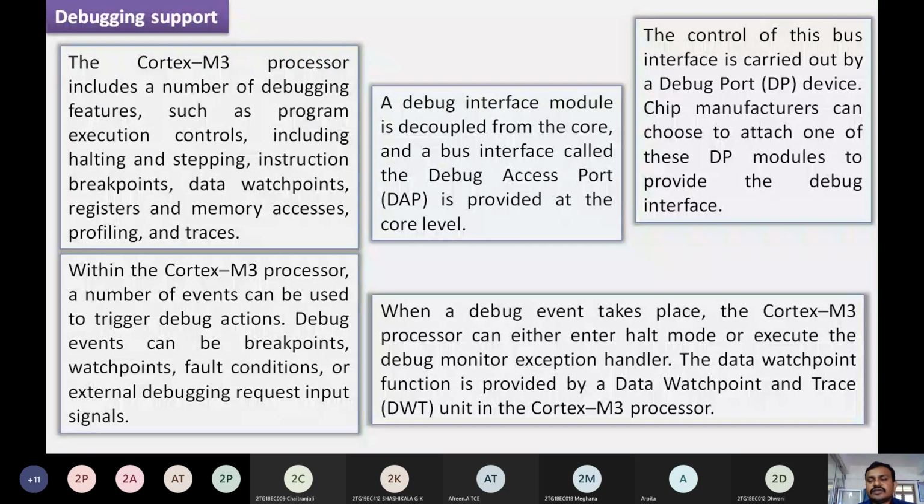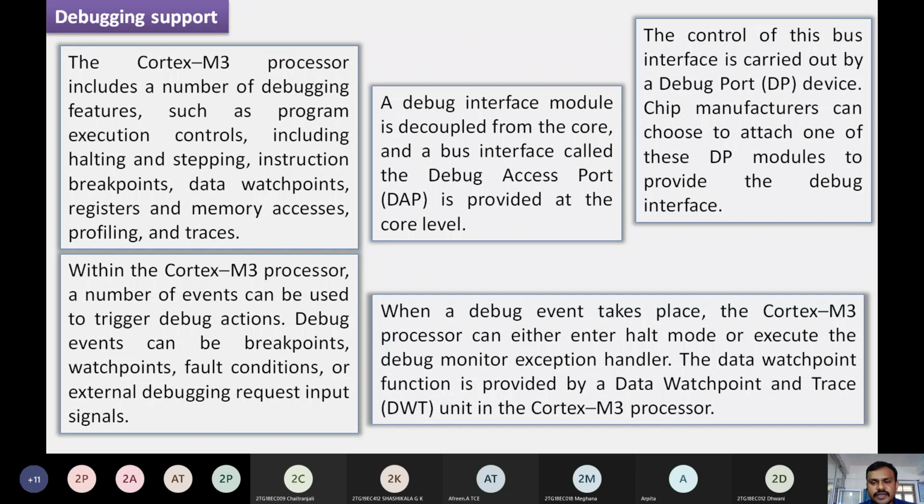The data watch point function is provided by the data watch point and trace unit in the Cortex M3 processor. In the debugging environment, if you come to the lab, you will come to know that in the Keil software all these facilities, the debugging support, are available, maybe at different levels: instruction breakpoints, data watch points, register and memory accessing, profiling and tracing.